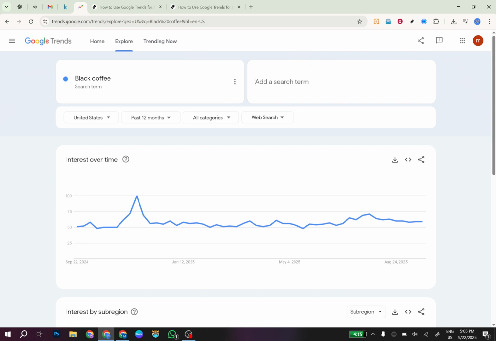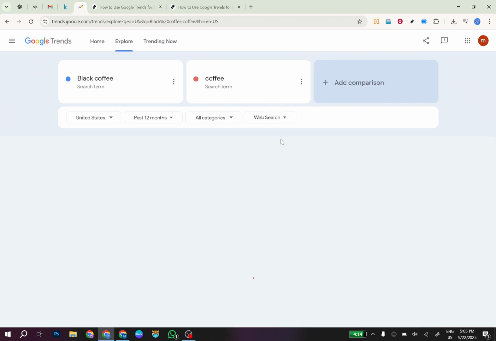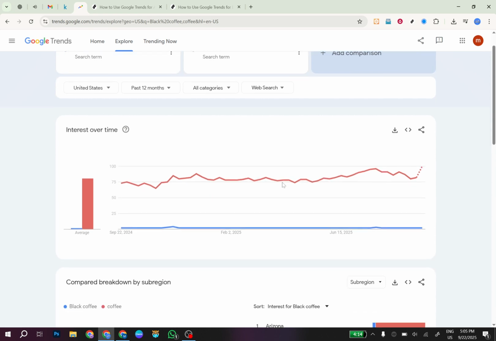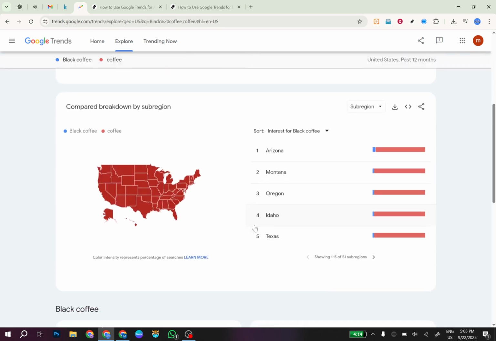Finally, for a more in-depth comparison, you can set a secondary keyword by using the Compare feature. This allows you to see how two or more keywords perform against each other. When you compare these, you can add the rising topics you find to your content strategy to improve your local SEO presence. By now, you should have a good grasp of how to use Google Trends to bolster your international